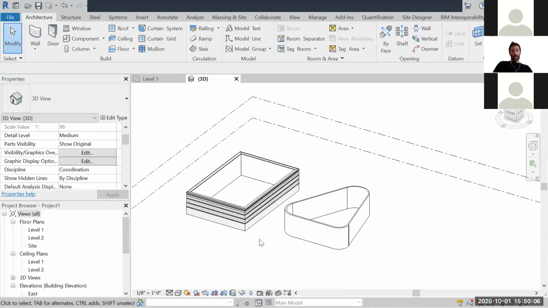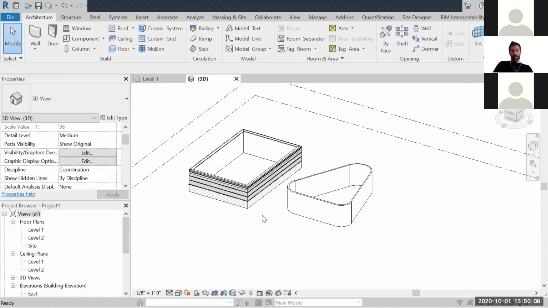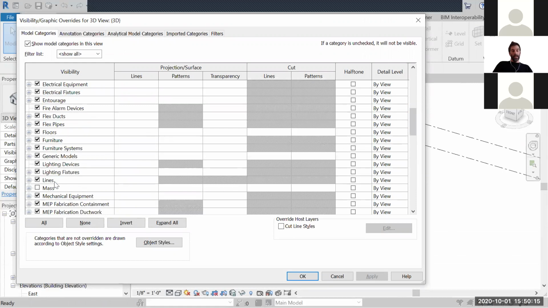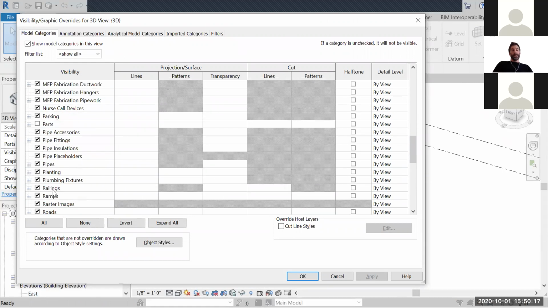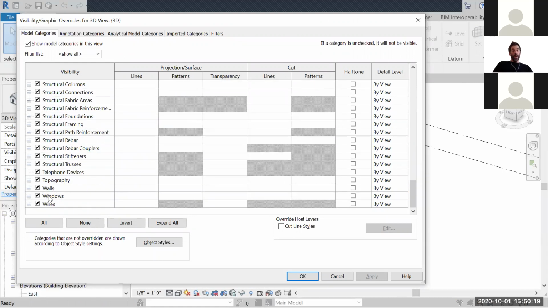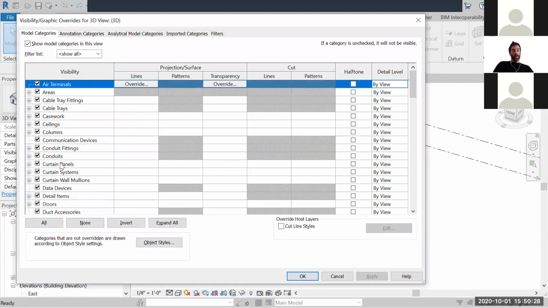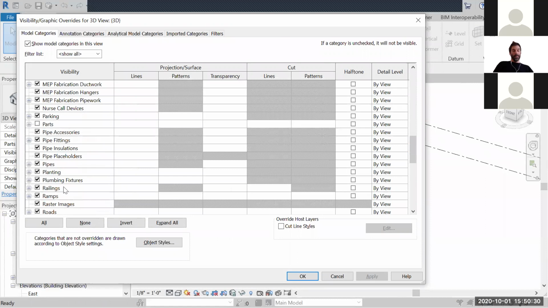Okay, you can also select, and also good practice, the VV shortcut or VG, as in visibility in graphics. And you can uncheck whatever category you want to hide. And if you say okay, that will be hidden. You can go back again, VV, and you can check it again